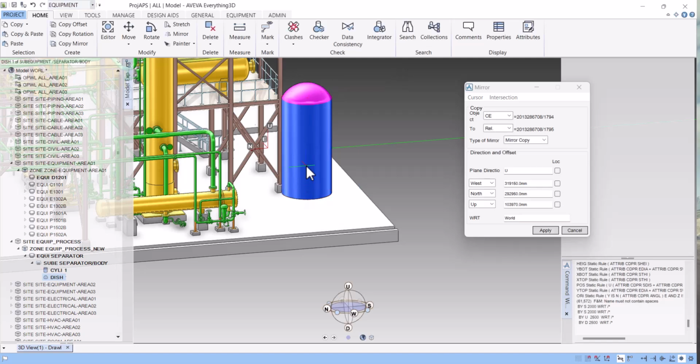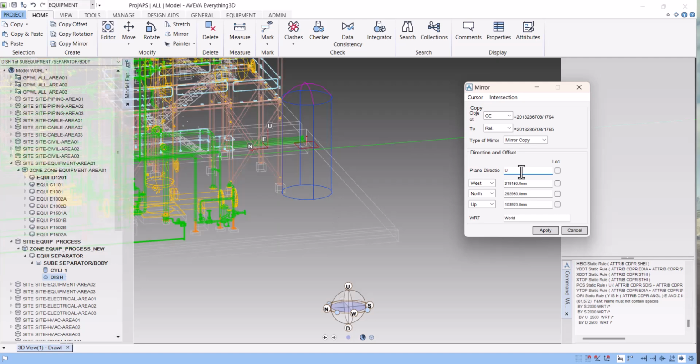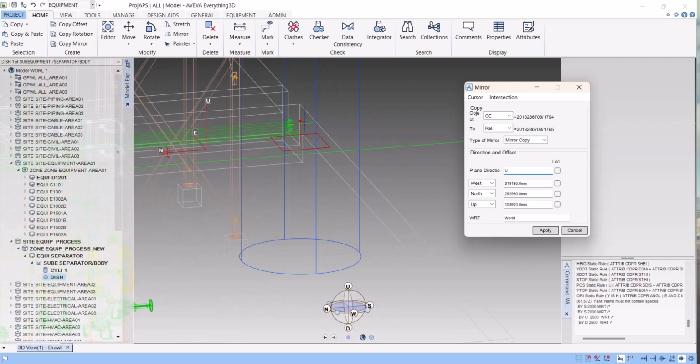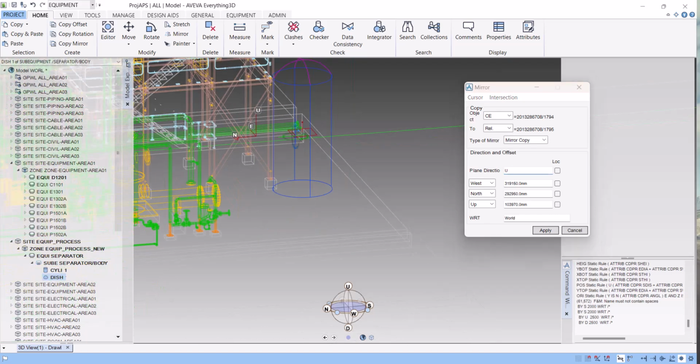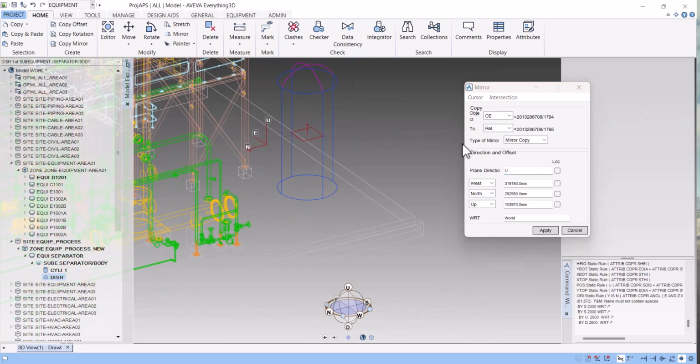cylinder, and you have to put down. We want downside because right now the U is there. Let's say F11. You will see for see this is up. We don't want up. We want the downside. So if you type here D, then enter, the cursor will be moved downwards. Now apply, then yes,